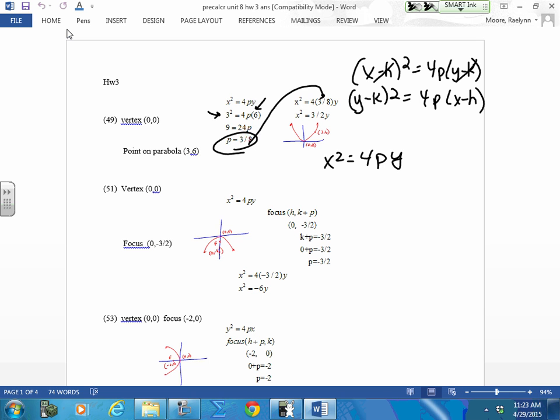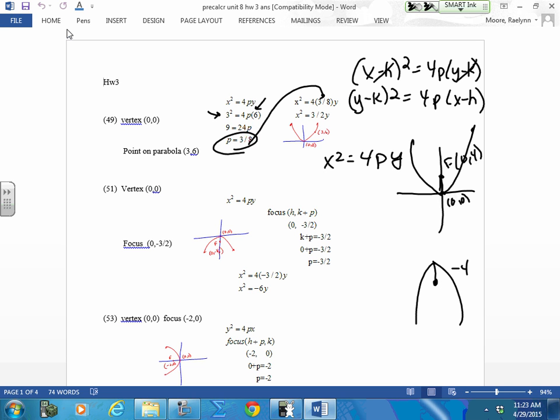Right. If you graph this, here's your 0, 0. If I gave you a focus, if I said your focus was here, and your focus was 0, 4, then you know P is 4. You know it's positive because it opens up, rather than have to rely on your formulas. If your vertex is opening down, and it's here, then this distance is 4, but it's negative 4. So work your distance, but then apply the positive and negative whichever way it opens,